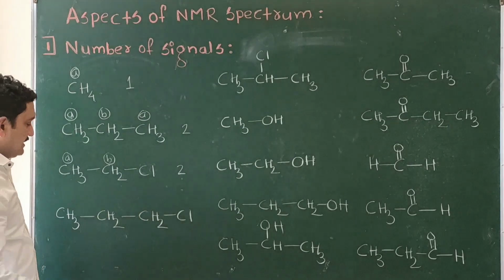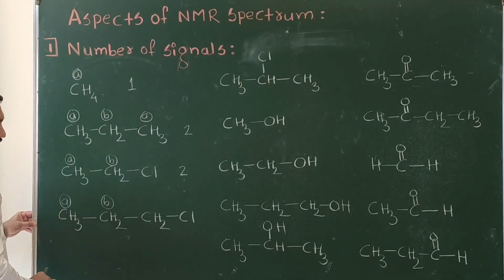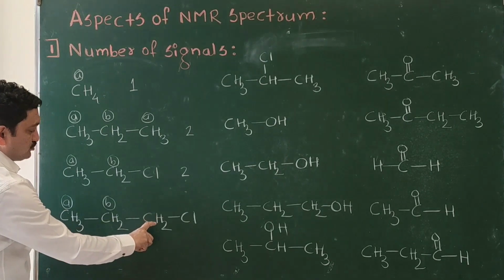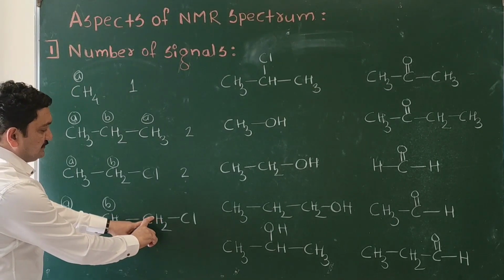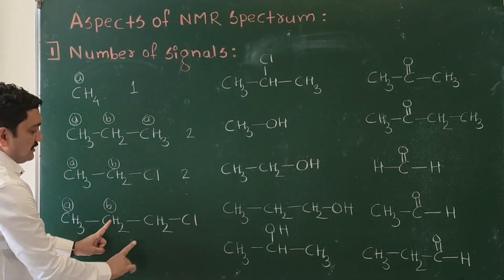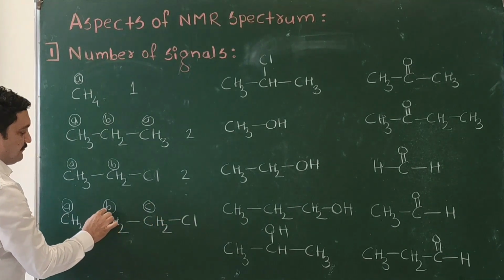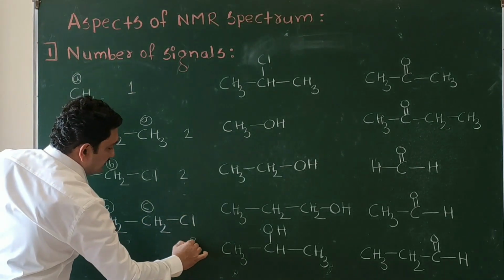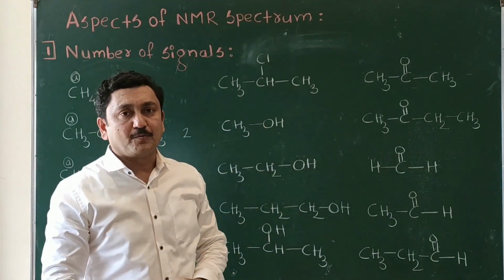N-propyl chloride, CH3 and CH2 always give different signals. So write AB. Now the remaining is the CH2. Check the two CH2 with each other, because CH2 cannot be identical with CH3. Only CH2 we have to check. The environment is direct chlorine CH2CH3. Here there is direct CH3 CH2Cl. They have a different chemical environment. Hence they will give different signals. If we write B for this one, we will write C for this one. So we are getting the number of signals to be 3 for N-propyl chloride. This one is isopropyl chloride, that is 2-chloropropane.